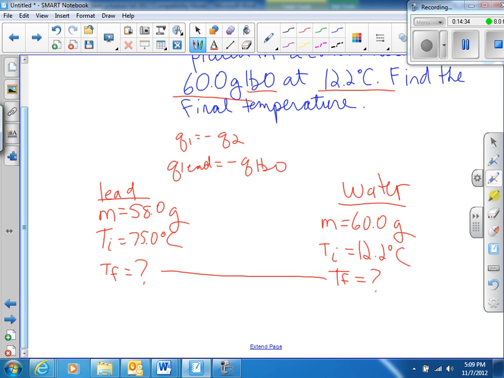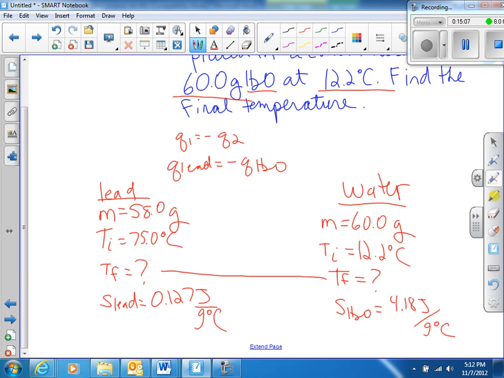Now, specific heat capacities. From the prior 2 problems, we already know the specific heat capacity of water is 4.18 joules per gram degree Celsius. And the specific heat for lead is, I'm actually going to look this up in a book so I can have more sig figs. Okay, so I just looked this up on the internet. It's actually 0.127 joules per gram degrees Celsius,